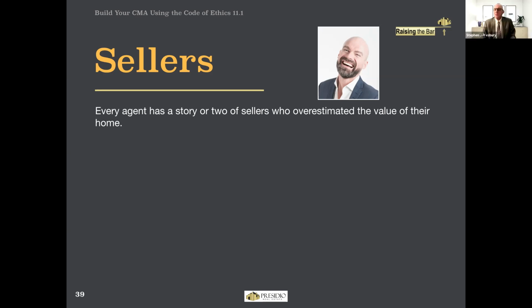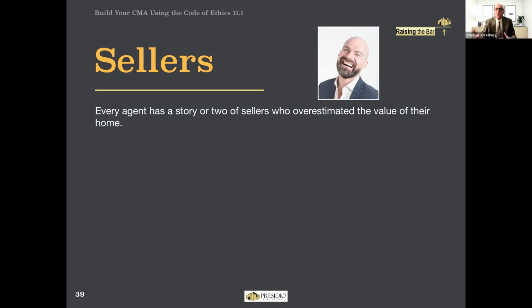Okay, that's a very good suggestion, Mike. And usually that price range is going to be something like what they have to have out of this home to make it work. So maybe they're moving to another home and they've got to have so much equity out of this home in order to be able to buy this other home thereafter. So that may be the bottom limit. And the upper limit, of course, will be what they will be happy to take,